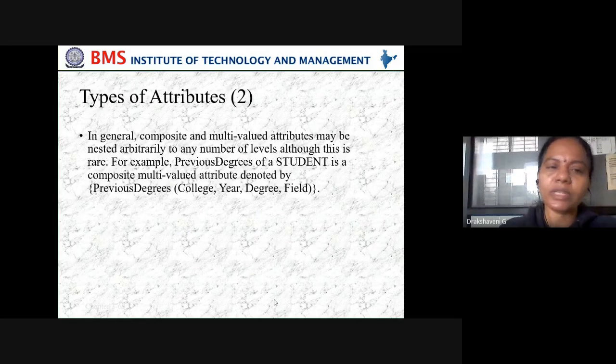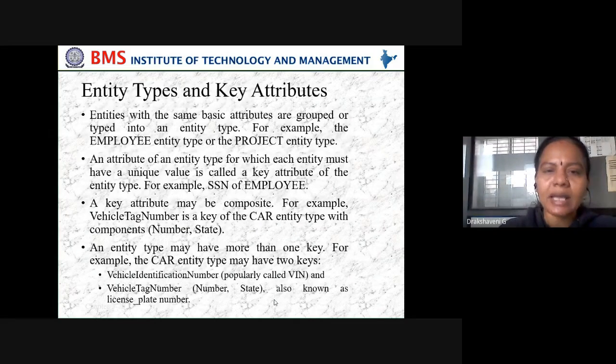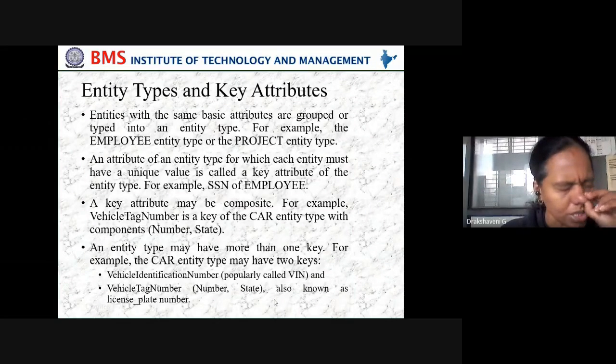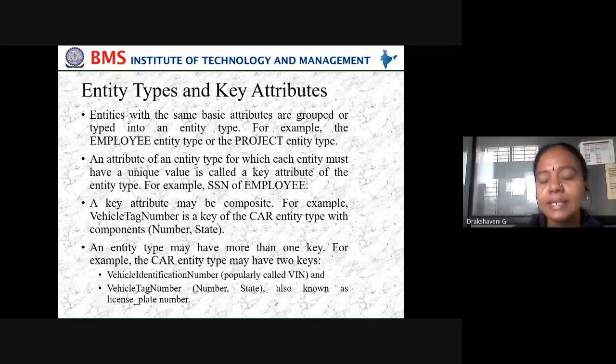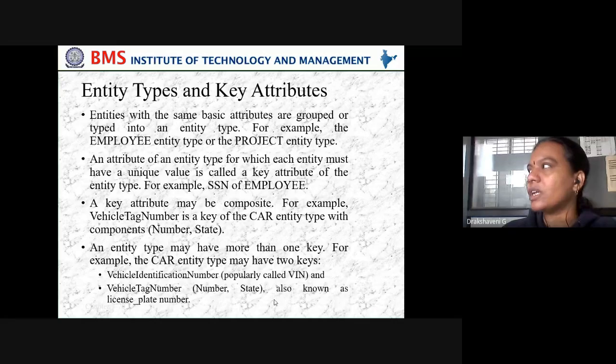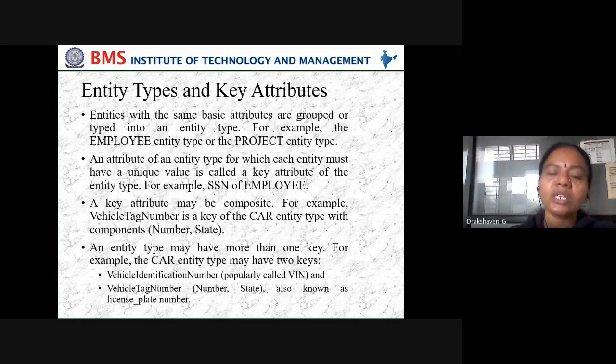Then we see the example for entity type and key attributes. In your social security number, we have something called SSN, which stands for social security number, and it uniquely identifies a particular person. In the same way, how do we identify a car?